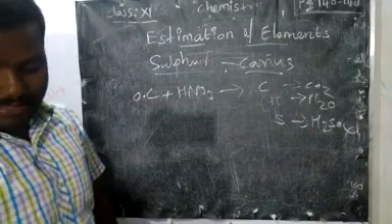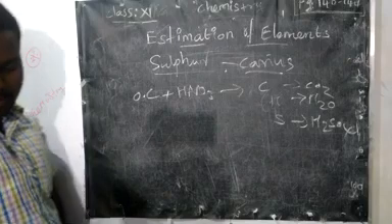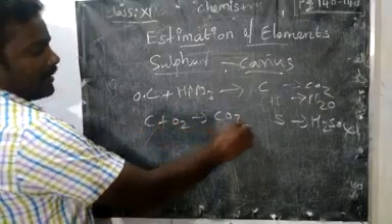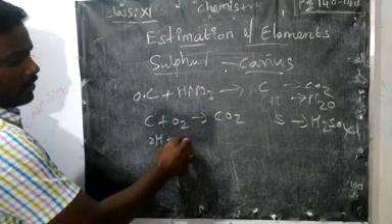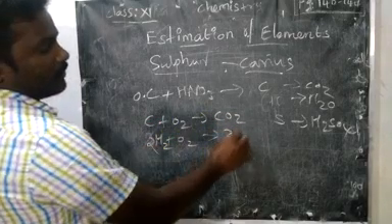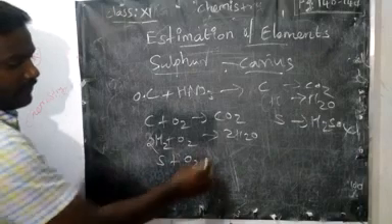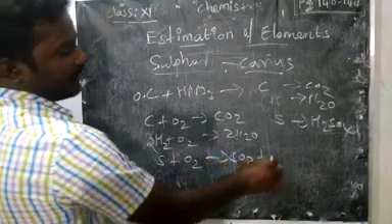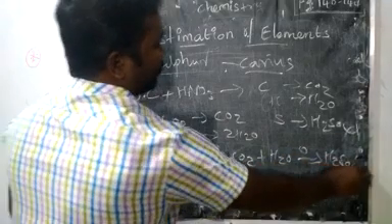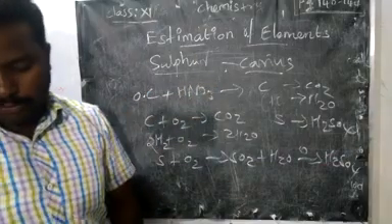Then we can find the mass of sulfur present in that. So what reactions may take place? Carbon with oxygen may give carbon dioxide. Hydrogen with oxygen may give water. In case sulfur is present, it will first form SO2, which further reacts with water and oxygen to form H2SO4, right? So now we got H2SO4.